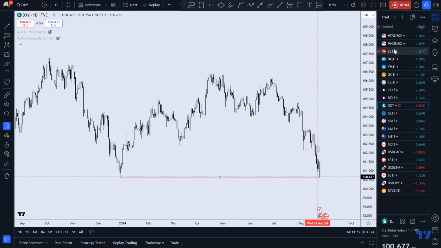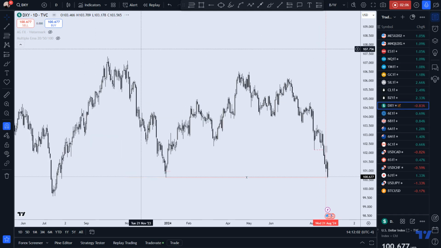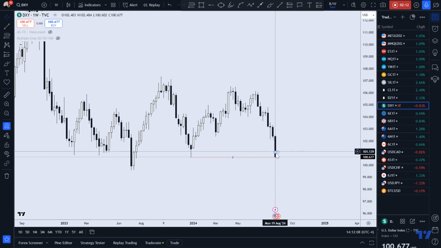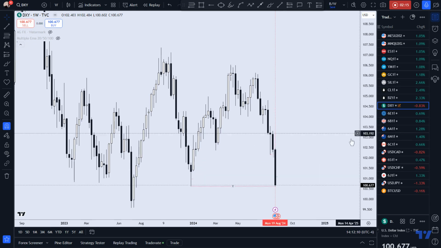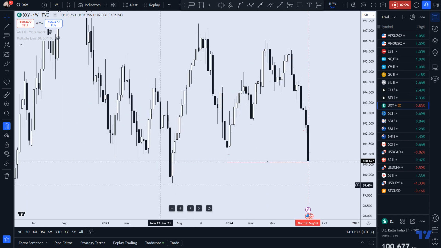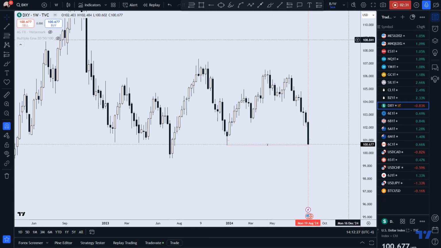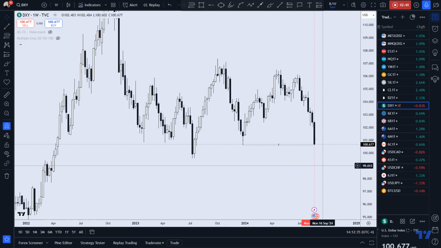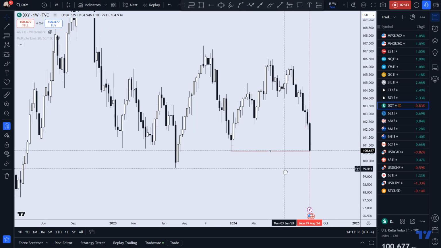So just remember that. And we can start with the Dixie right now. If we take a quick look on the weekly, look at this weekly candle. This was last week's candle. That is big time. And what did we do? We came all the way to the swing low. We did not close below it. Could that be coming? Quite possibly, because this is the low that we want to hit. This is the low that'll keep the risk on environment in the markets.